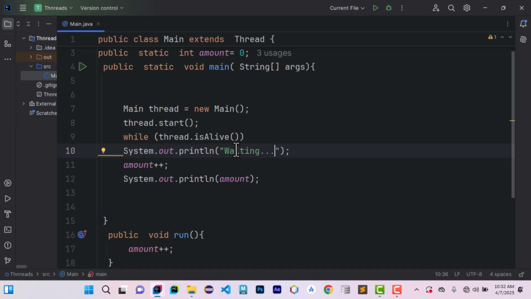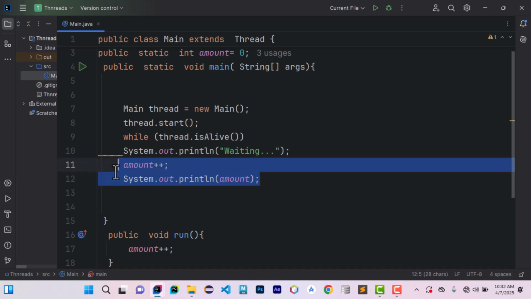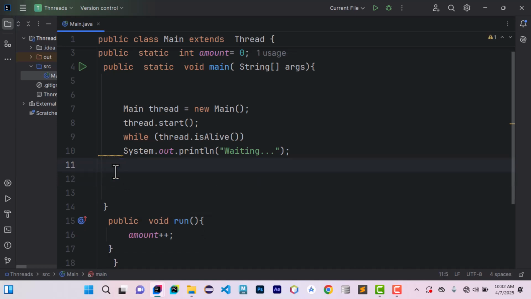And now down here we can actually update the amount of print value. So to do that, we just come out of this and remove this. First of all, just remove this. So it's waiting, and then outside this we can say